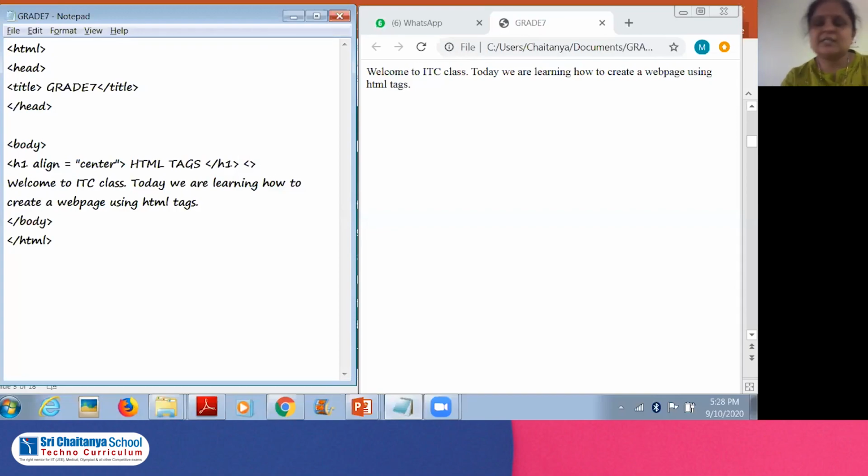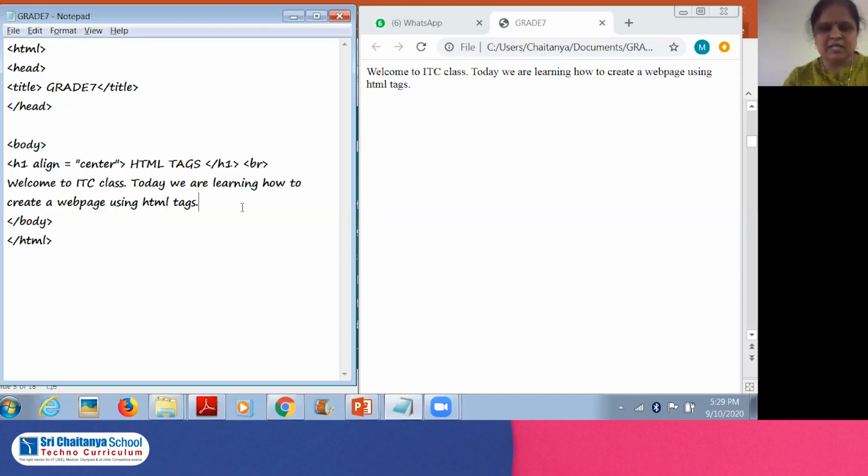Because H1 is a heading tag. So after the heading, in the same line, we cannot continue with the welcome to ITC class because that is the content of a web page. Here heading does not mean the heading of the web page. Here the heading is the heading of the information whatever I am displaying, right? So I will write BR, that is break, to tell that it has to come to the next line.